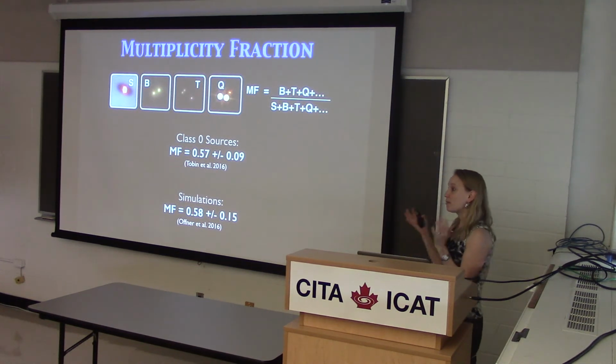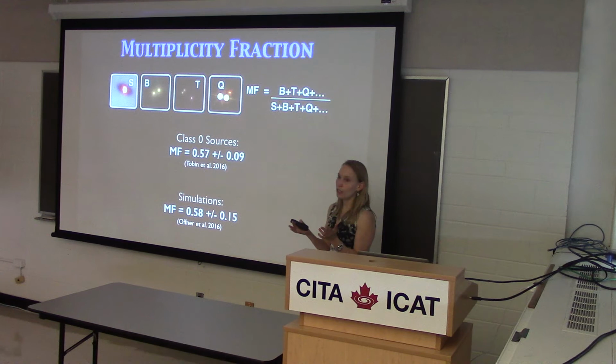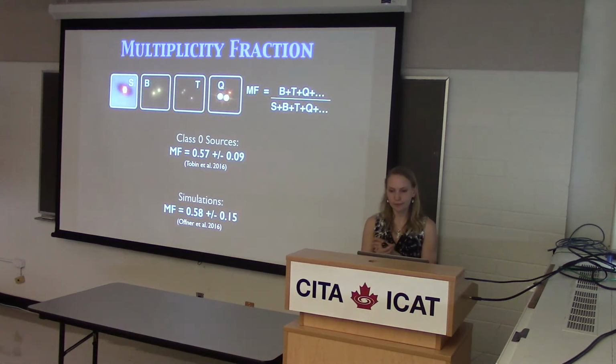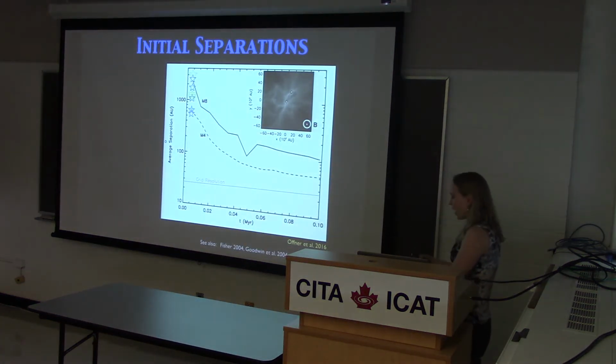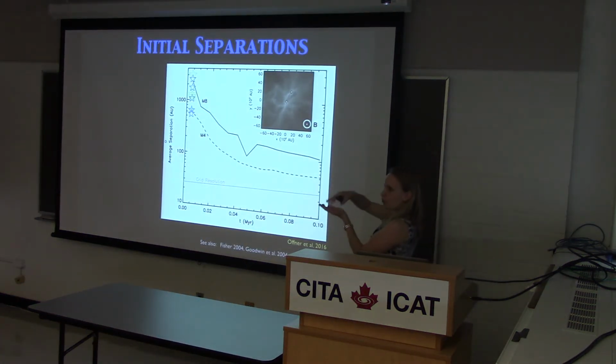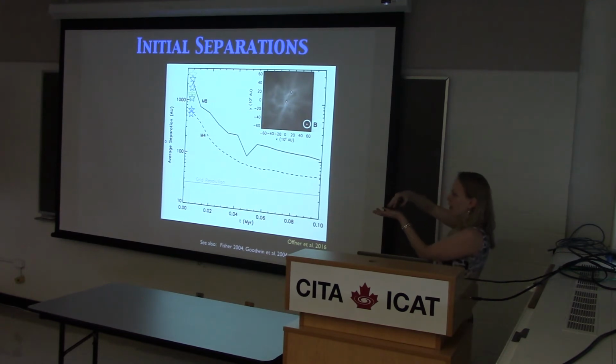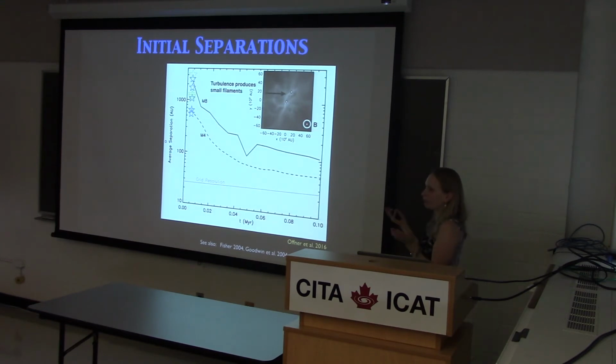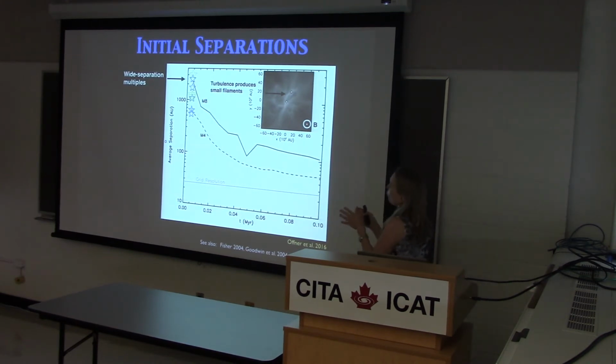Multiplicity is important at early stages, and it's maybe not as hard to make these multiples as you would think. So what is actually happening in the calculations? The magnetic field introduces a preferred direction. The gas collapses along it, and you have this turbulent filamentary thing in the plane, which often fragments to form 2 objects. The separations correspond to maybe 500 to a few thousand AU, and these evolve over time from wide to shorter separations of 50 to maybe 100 AU.